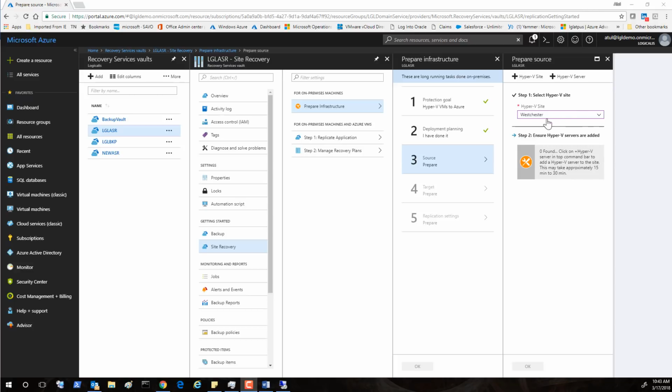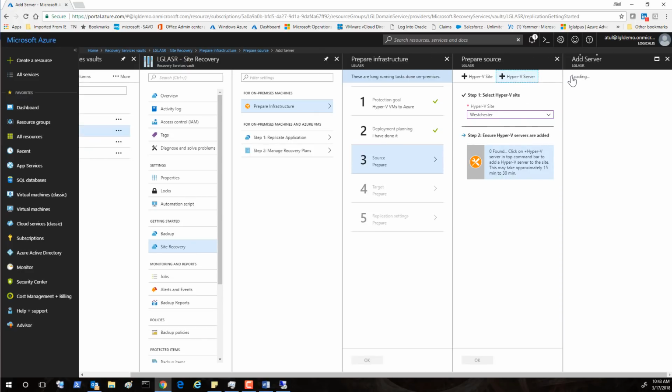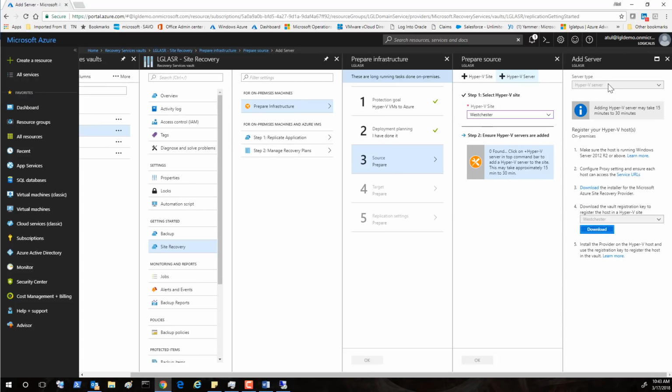So the site is now created, and now it takes you to step number 2, because zero Hyper-V servers are found. So we need to go to the next step, and the next step is to add a Hyper-V server, right? We have the Hyper-V site. Now we add the Hyper-V server, and here you go, right? So adding a Hyper-V server may take 15 to 30 minutes. Register your Hyper-V host on premises. Make sure the host is running Windows Server 2012 R2. This is very important, folks, to make sure that your Hyper-V is following these minimum prerequisites, right? You can download the installer from Azure Site Recovery,